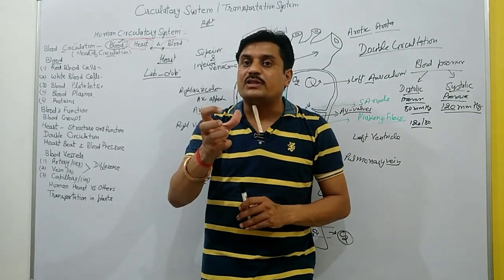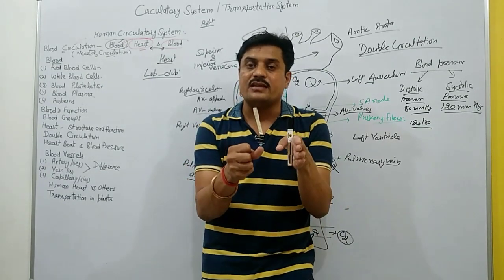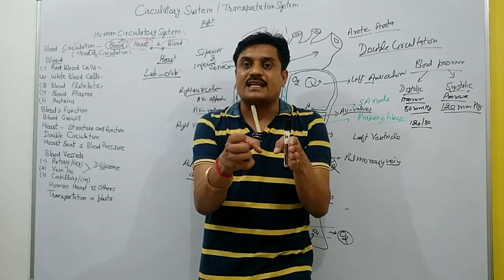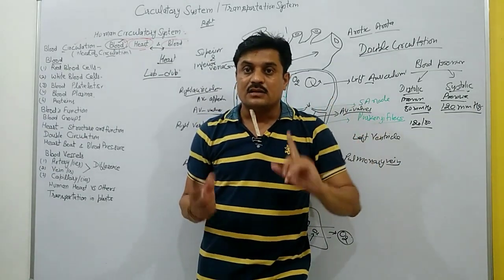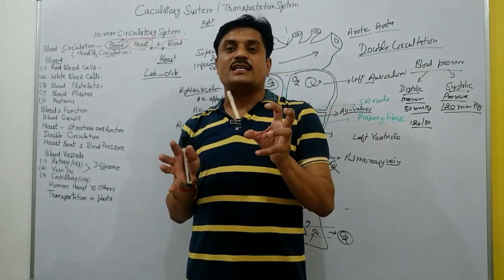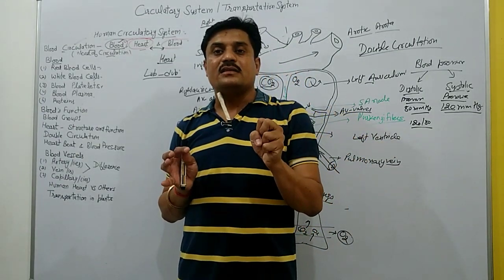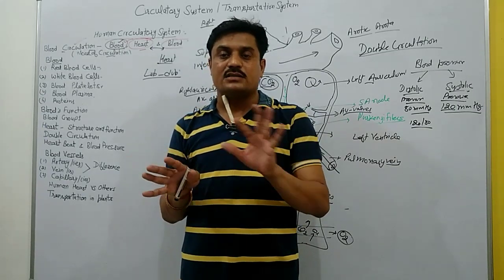The contraction of the heart is called its working. When the heart relaxes, it is at rest. So I differentiate these two: at the time of contraction, when the muscles are working, the heart is working. When the muscles relax, the heart is not working. It is the rest position